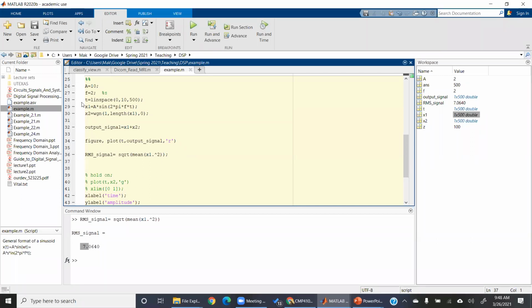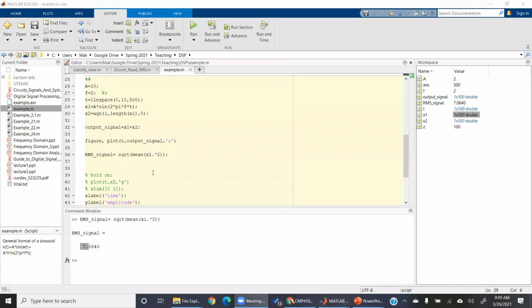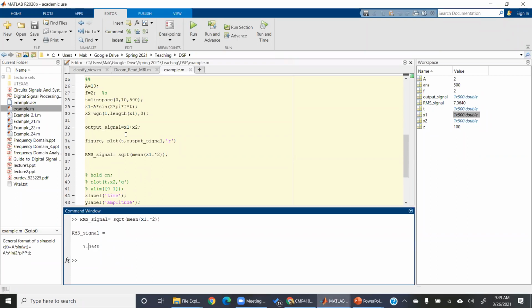If a sine wave had amplitude 1, if you went through the motions, you'd find that it's 1 over root 2, which is 0.7. So the reason we're getting the RMS value as 7 is because we have